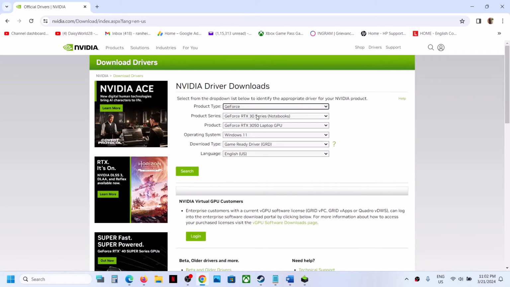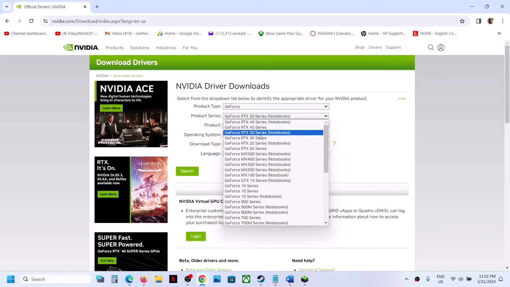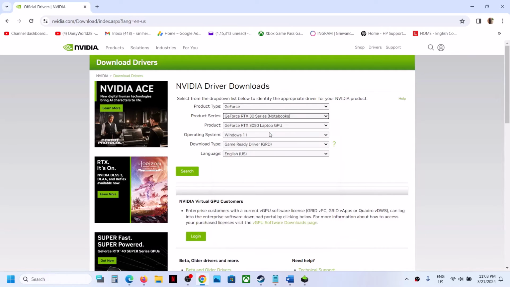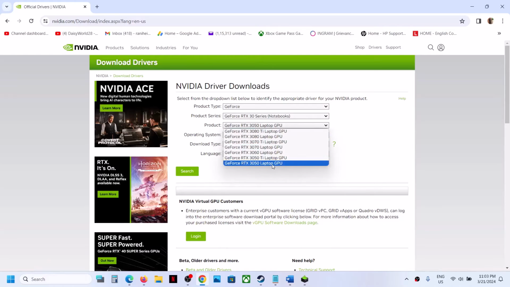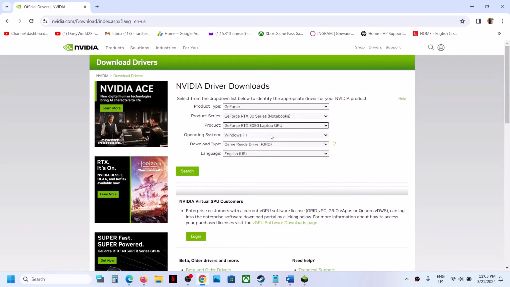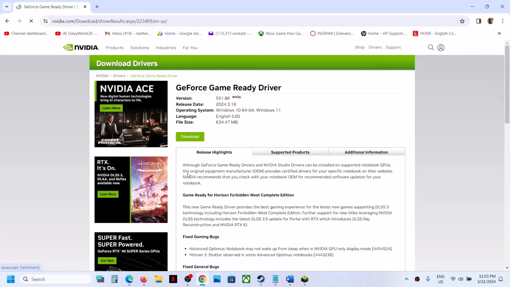In my case, it's GeForce. Select your product type, then select your series. In my case, it's 30 series. Make sure that you select your series and then select your graphics card over here. And then if you have Windows 10, select Windows 10. If you have Windows 11, select Windows 11 and then click on search and then click on download